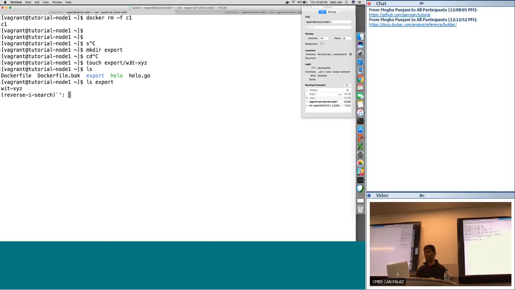So I'll take the same example of docker run, except that let's say we will not make it belong to WIT-net, which we can, but I'm going to mount a volume in this container, such that anything which is in export is mapped into export inside the container, right?